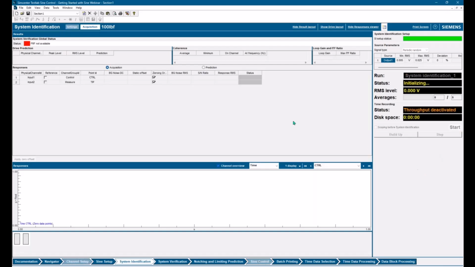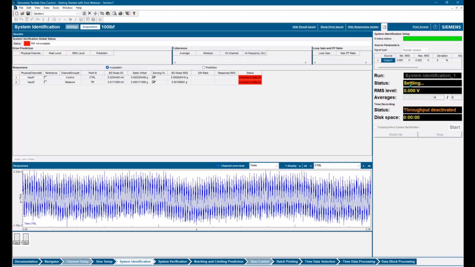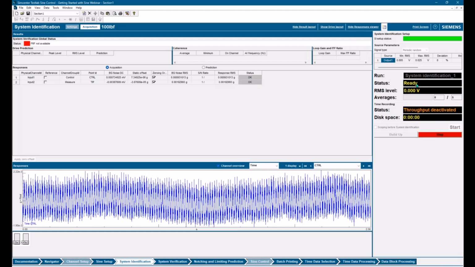Now this is going to send out a signal after we measure some noise. So what this initializing is doing is telling the front end what we're doing. And then there's some settling where we're going to measure the noise. And now we're going to start to build up our drive voltage.